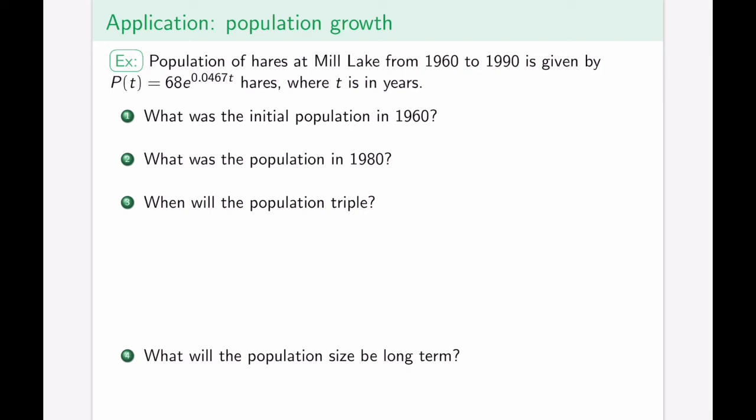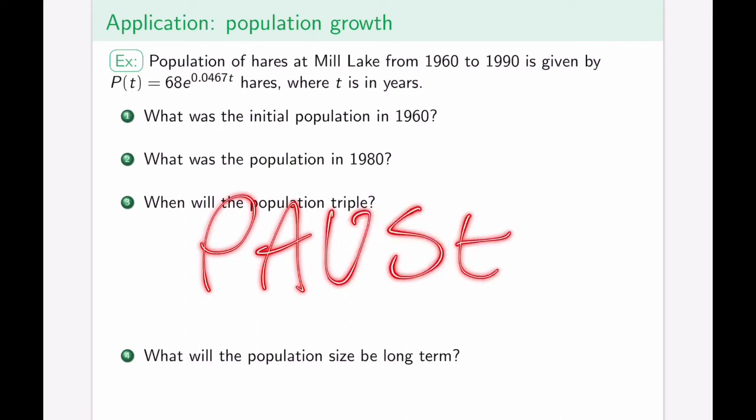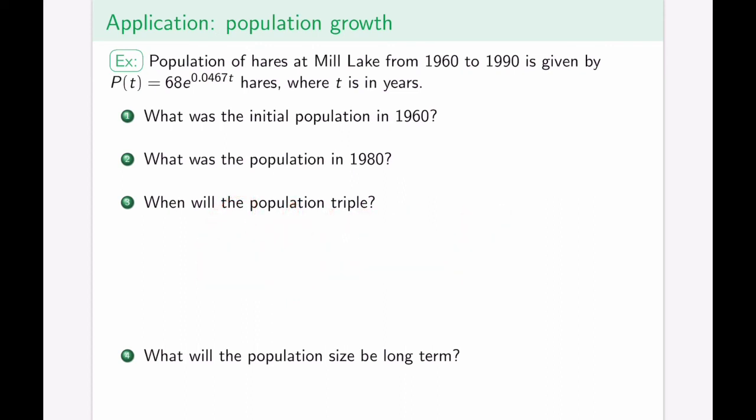And this is something that we're going to take a look at in the next class, but here's a little bit of motivation if the model is already given. I strongly encourage you to pause the video here. These are the types of examples that you should have seen a lot in precalculus, so this should look very familiar to you. So I have here that the population of hares at Mill Lake from 1960 to 1990 is